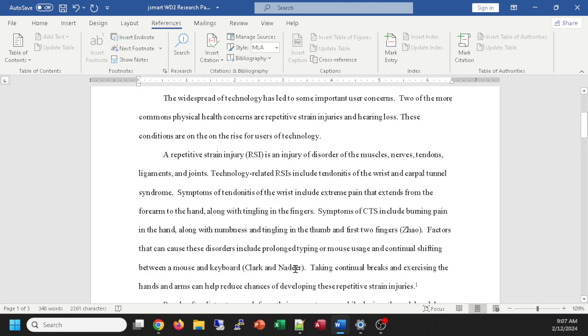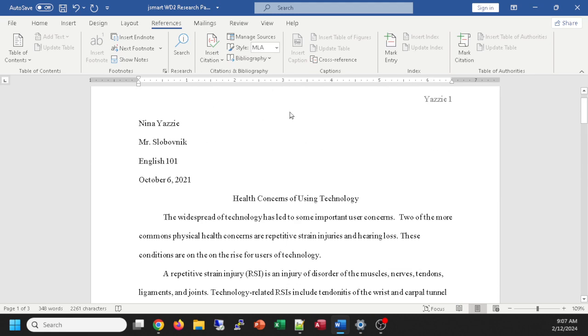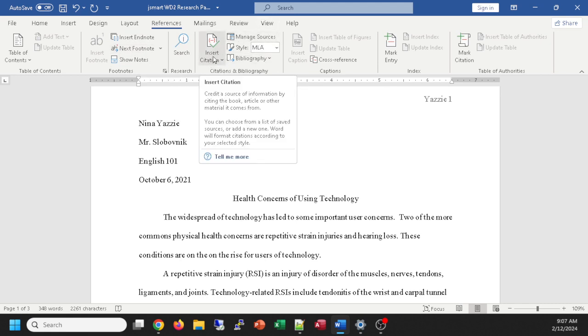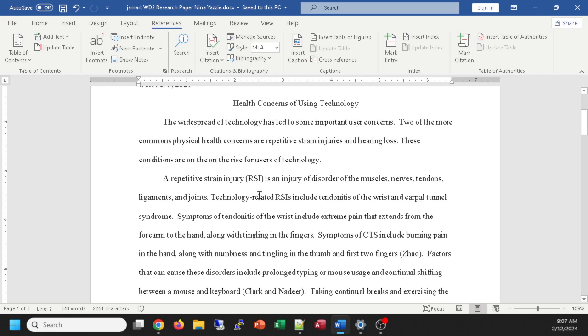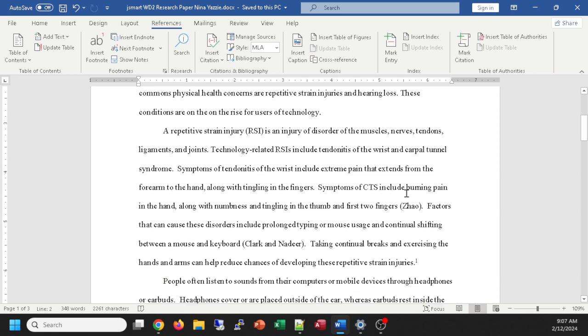So endnotes, I don't know how often you would ever use endnotes. It depends on, again, your instructor if they like endnotes. Most of the time it's footnotes and parenthetical citations. We'll stop there, save that document, and you have all this MLA style title, the content with some parenthetical references along the way,